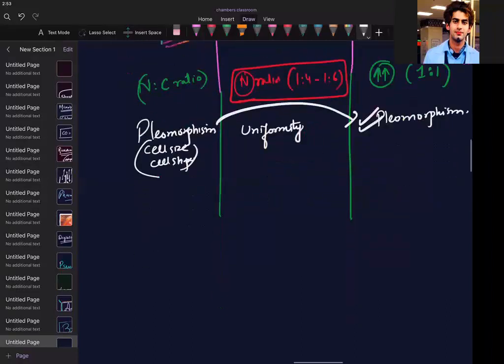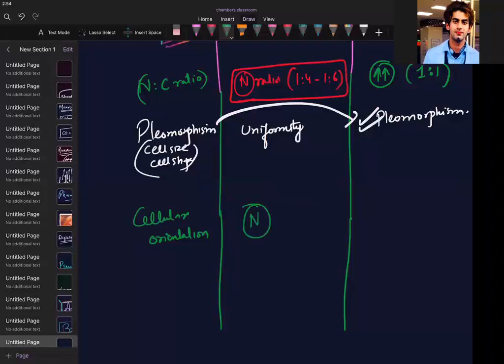Let us write next. We know everything. We are just applying our concepts. That's it. Whatever we have learned, we are putting this concept here. Okay. So in which of the following do you think the cell will lose its polarity? I told you, the more you are going towards an undifferentiated side, polarity will be lost. So the cellular orientation will be normal in benign, but losing polarity in malignant.